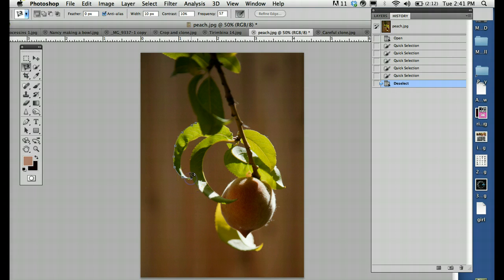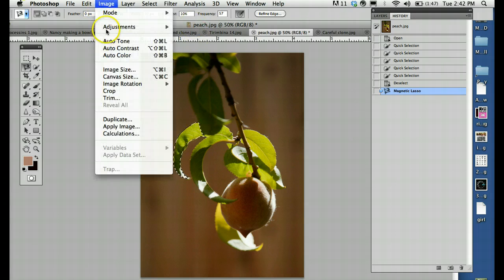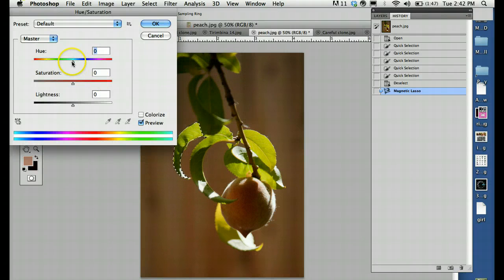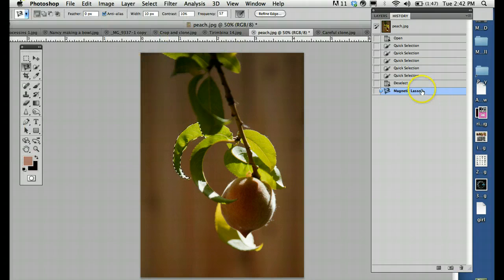When you click, you make another anchor point, but it's making anchor points all along. So I could click here, make an anchor point, come back. Oops, I'm going to make an anchor point here, and then come over to where I started, double click, and now just that leaf is inside the marching ants, which means anything I do to the picture will happen just within that leaf. Okay? So those are the lasso tools